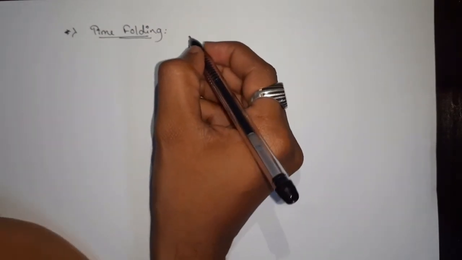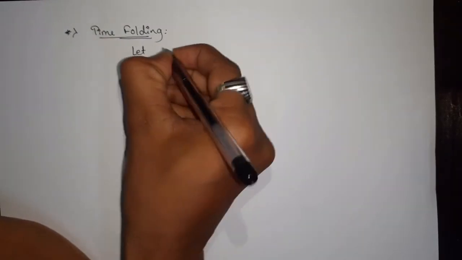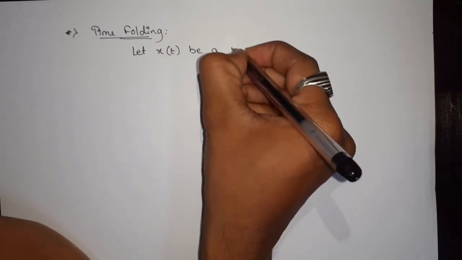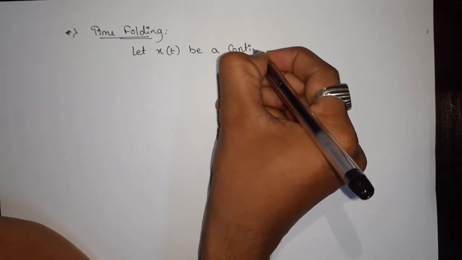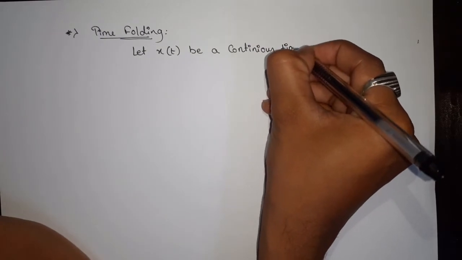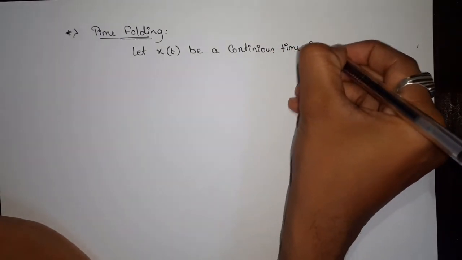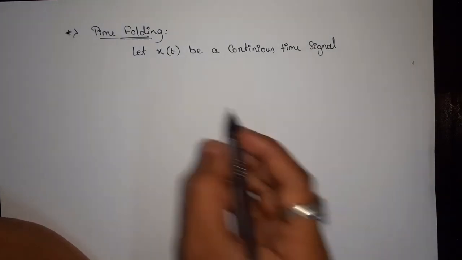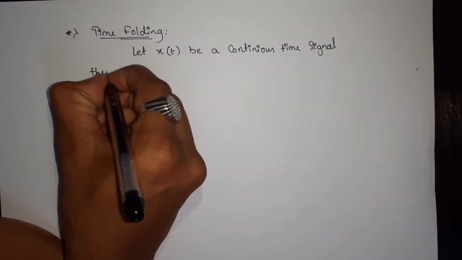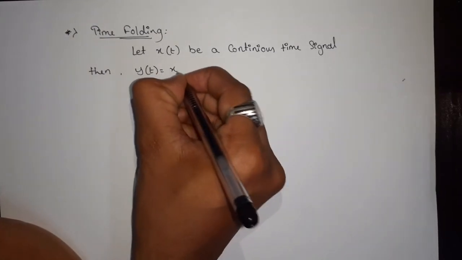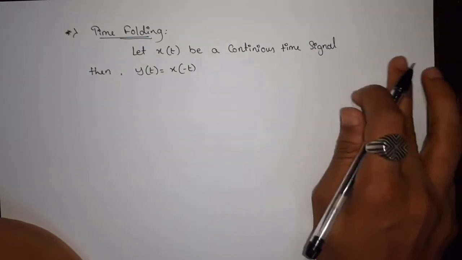Again, let us consider x of t to be a continuous time signal. Let x of t be a continuous time signal. Then y of t is equal to x of minus t